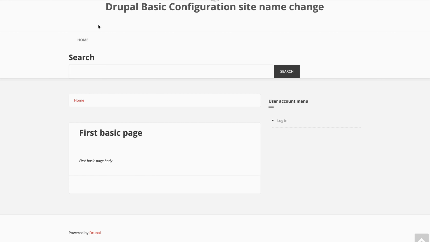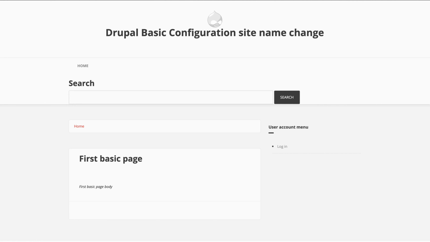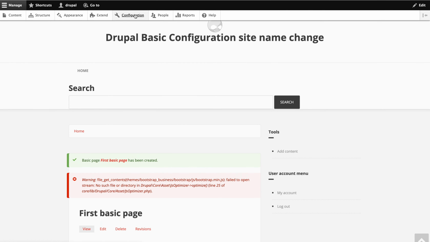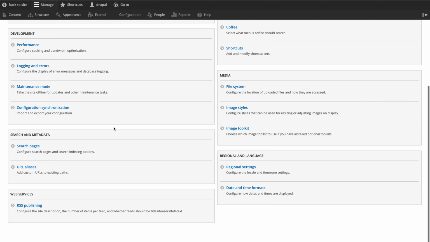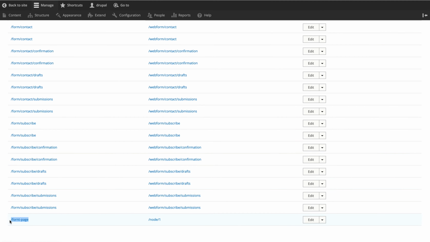The blog doesn't show the URL of the virtual machine. The URL is forward slash front dash page, whatever URL alias I have given, remember. And if you go to the configuration page and URL aliases, you can see this has been added here, right?